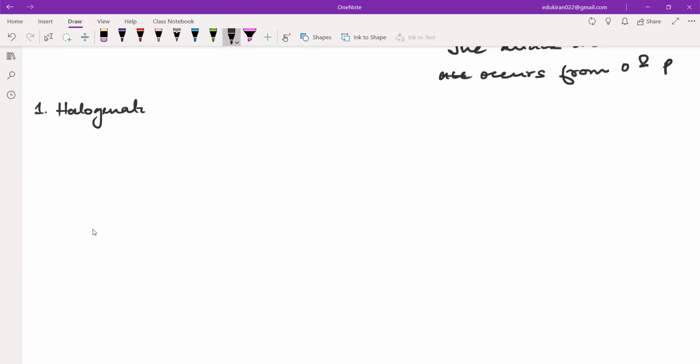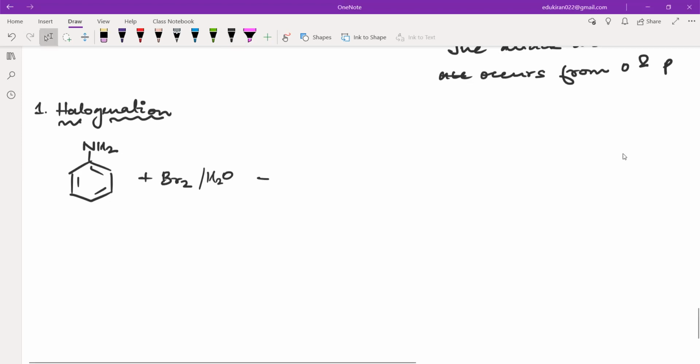In halogenation, we have this reaction with bromine, in which we have aniline plus Br2 in aqueous condition, or you can also see Br2 in the presence of H2O. When you have bromine water, you can also see bromine water instead of Br2. Okay, and you will be getting